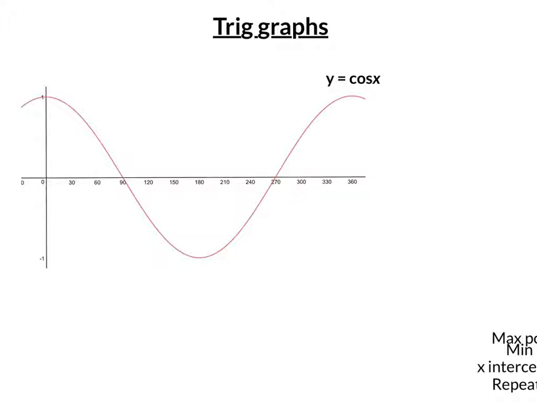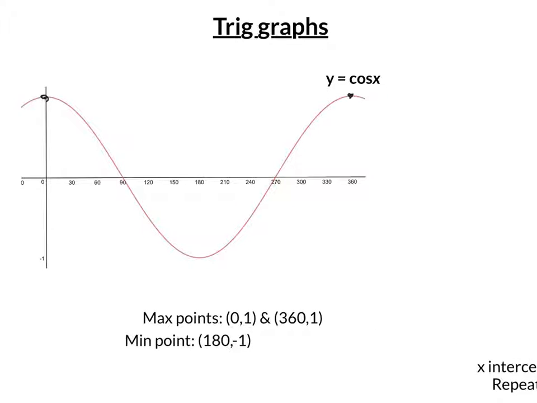In this video, we are going to look at the basic trig graphs, and this one is y equals cos x. Now, the things to note about cos x is it has max points at (0, 1) and (360, 1), and it has a min point right in the middle at (180, -1),